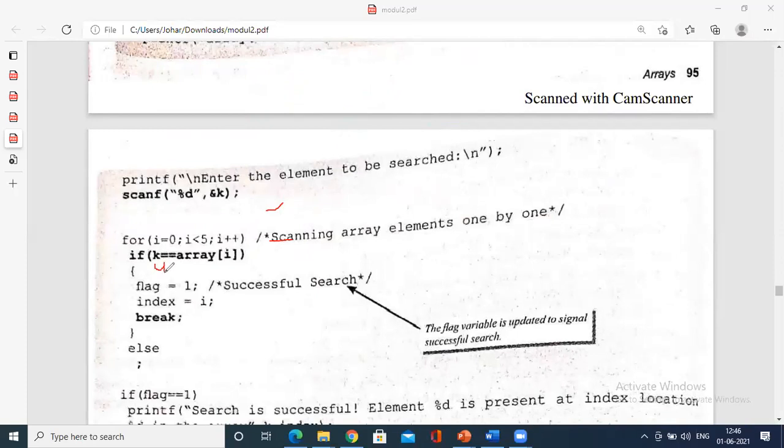Whether 4 is equal to array of 0? No. Array of 1? No. Array of 2? Yes. The if condition will enter only when the condition is true. When it is true, it enters. Successful search, you have found the element. What is the index? The index is 2.